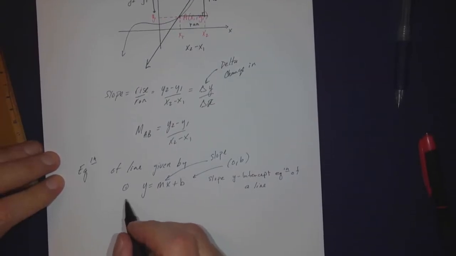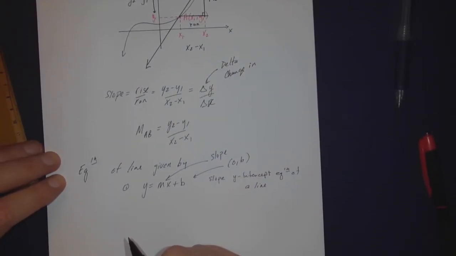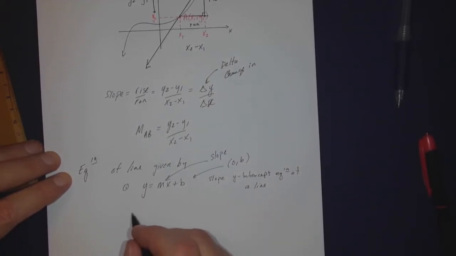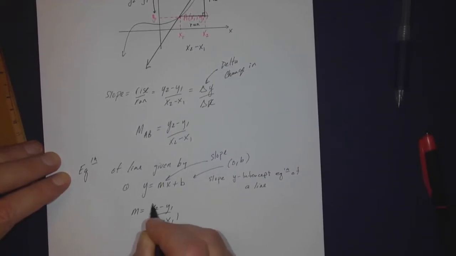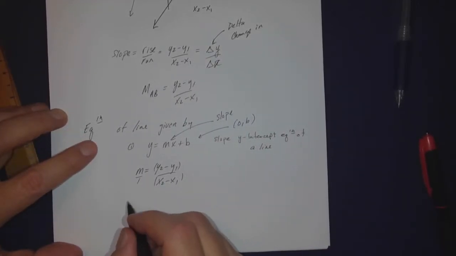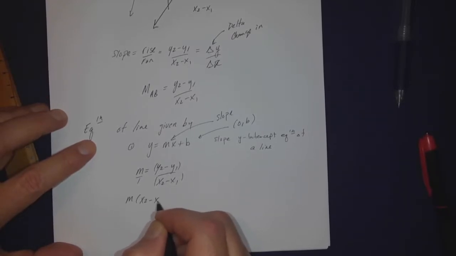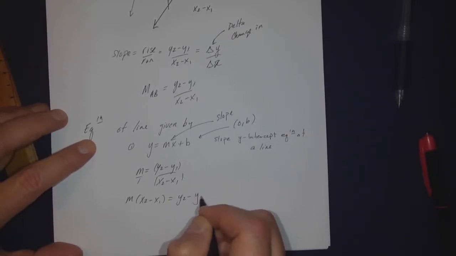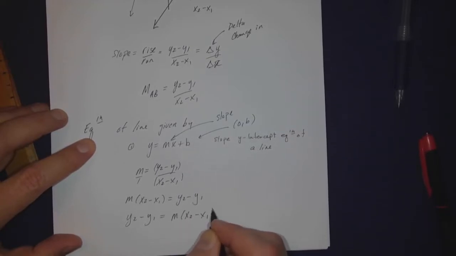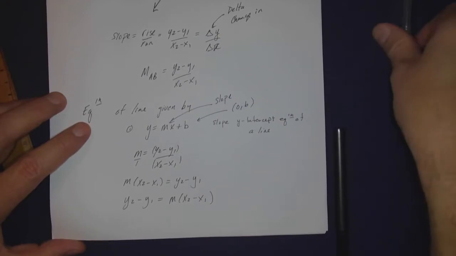Now, we also are going to create a new formula for the equation of a line, and I'm going to derive that for you. Now, it's going to be made from, starting with slope, is y2 minus y1 over x2 minus x1. And what we're going to do is we're going to cross multiply. So that's m over 1. Cross multiplying gives us m(x2 minus x1) equals y2 minus y1. Rearranging is going to give us y2 minus y1 equals m(x2 minus x1). And what happens here is this is going to be called